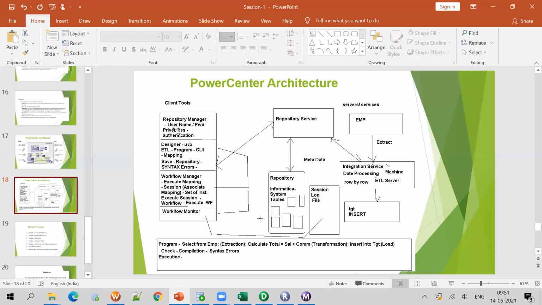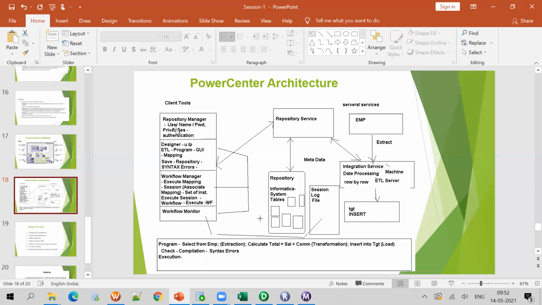It will be stored in the tables which are pre-installed by Informatica while you install it. Those tables are called metadata tables. These metadata tables contain the objects' information, which is called metadata.